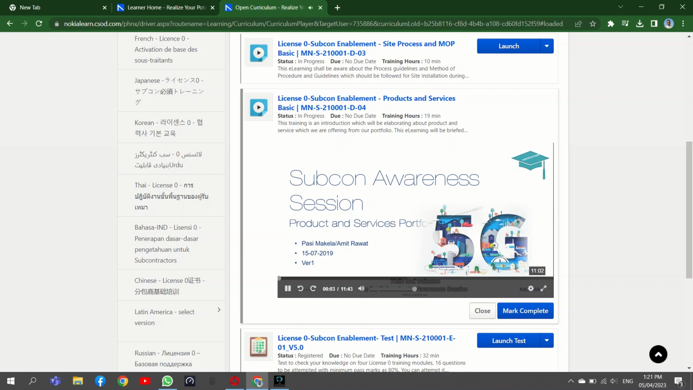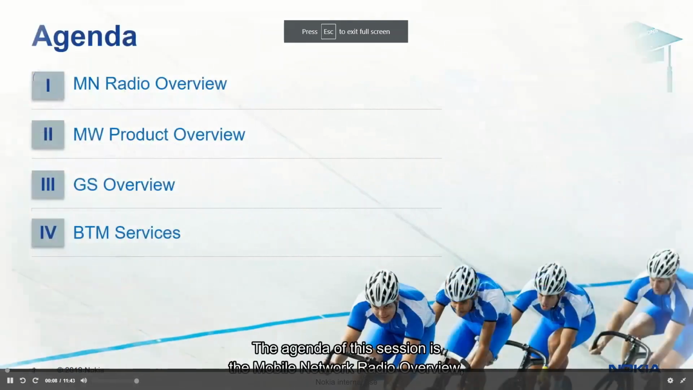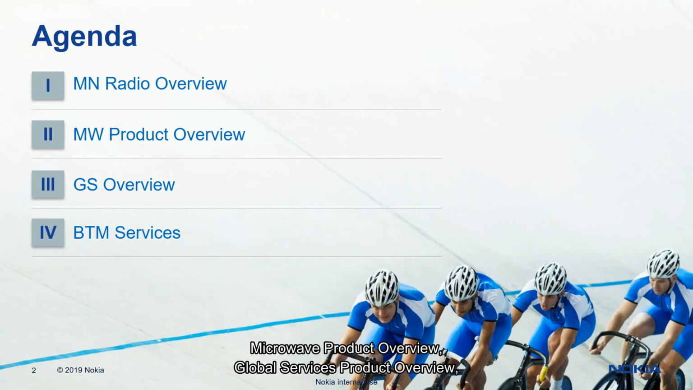Subcontractor awareness session related to the product and services portfolio. The agenda of this session is the Mobile Network Radio Overview, Microwave Product Overview, Global Services Product Overview, and Build